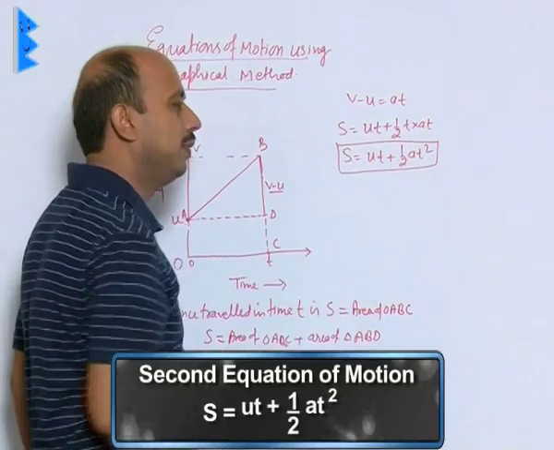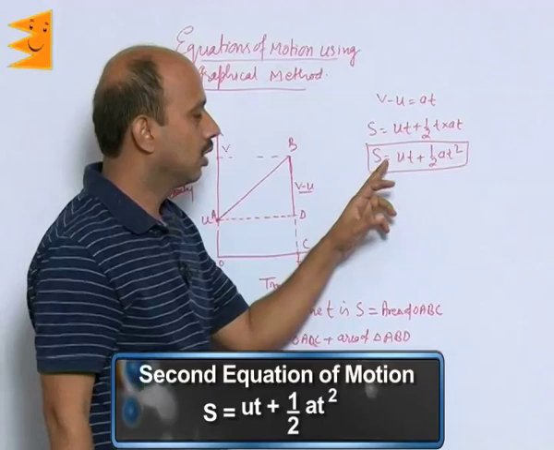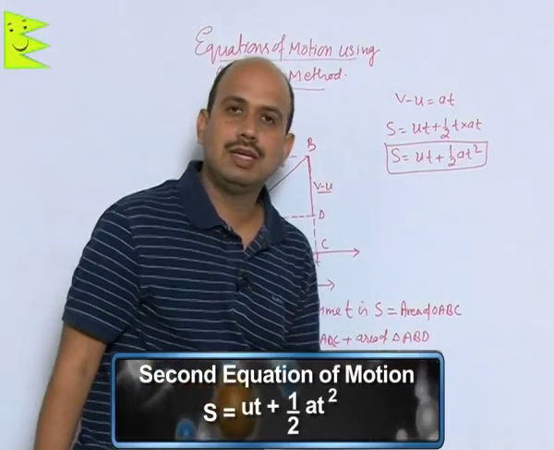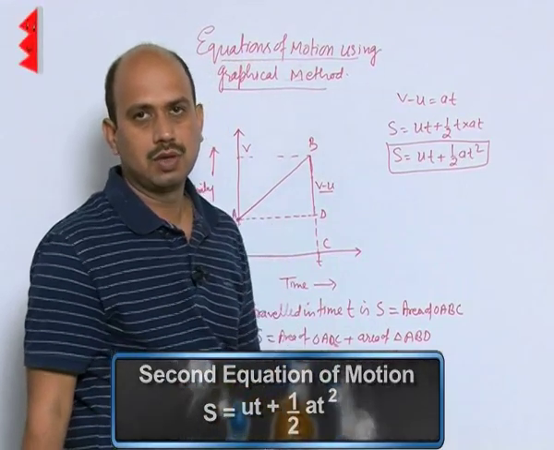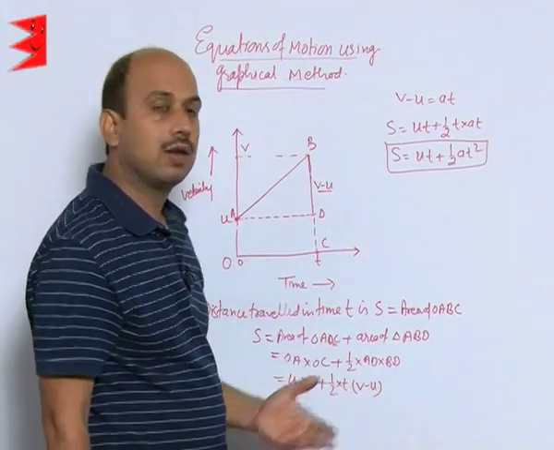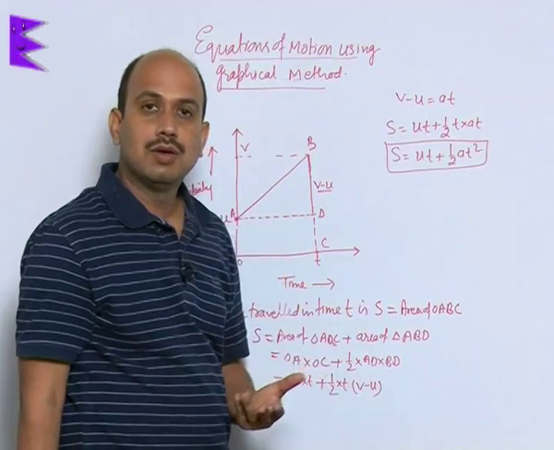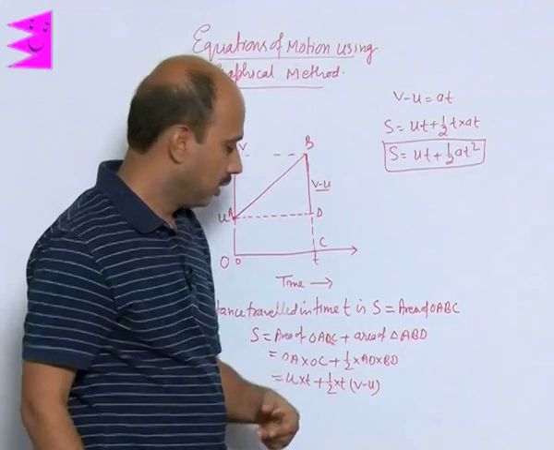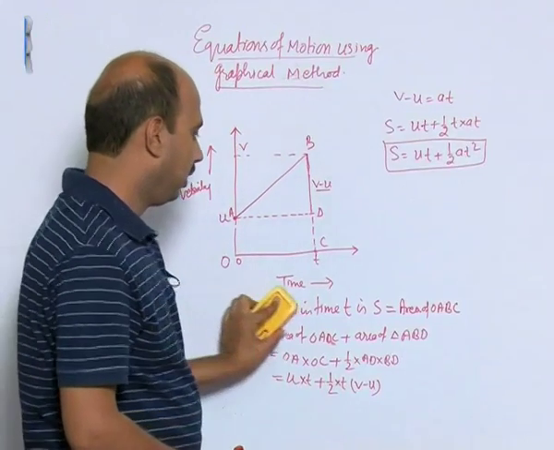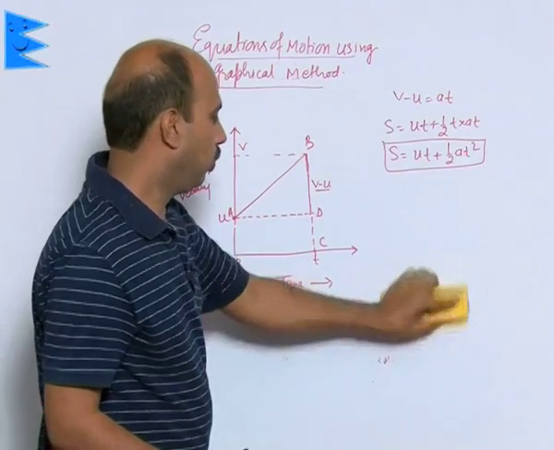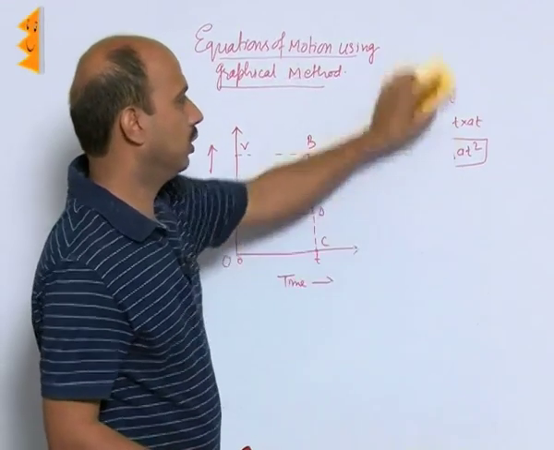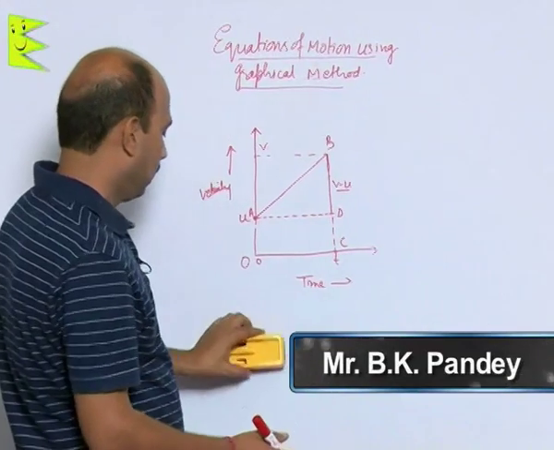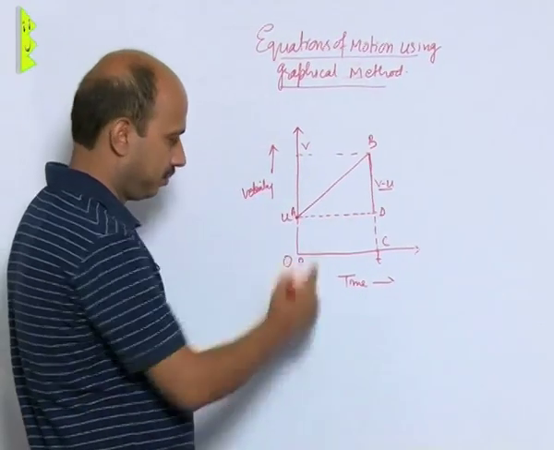This is the relation between displacement, initial velocity, time and acceleration. So, basically velocity, displacement and time. Now, similarly we can calculate the relation between velocity and displacement, that means without time, there is no time. For that we can take again from here. So, I will use the same graph which we have used for the other two equations. This equation is actually referred to as the second equation of motion. So, now for the third one we can write again